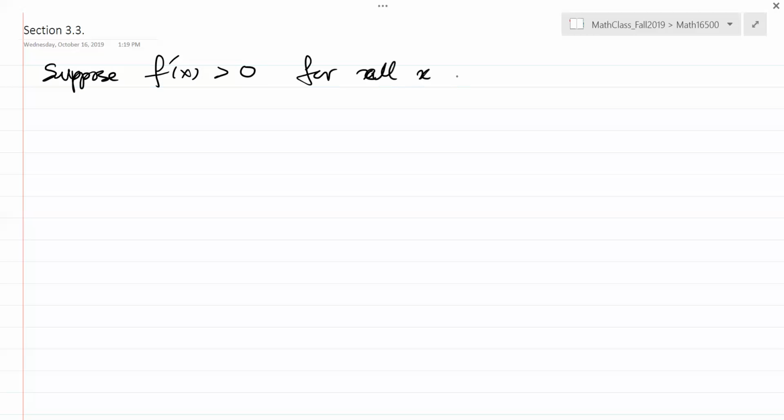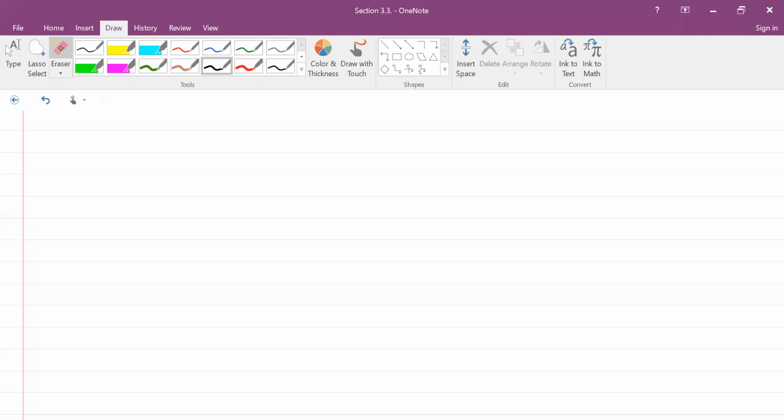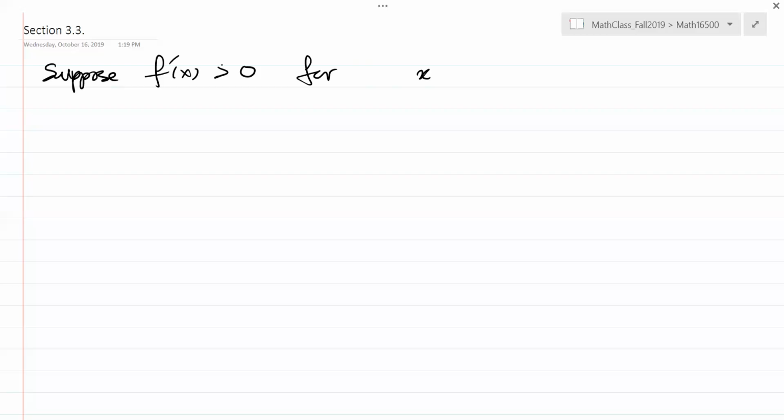Okay, so now it's connected. So let's take a look at a function with always positive derivative. The domain is going to be an open interval. Okay, now what's going on here? The derivative is positive. Then